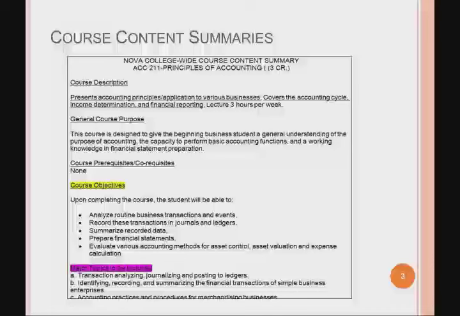So you want to look at this course content summary. I know we talk a lot about just the objectives, but you want to look at it as a whole, incorporate information from the top, the description, and then the course purpose, as well as the objectives and the major topics into your narrative when you're talking about that. Use the full overview to your advantage when choosing the class and also when explaining the narrative.